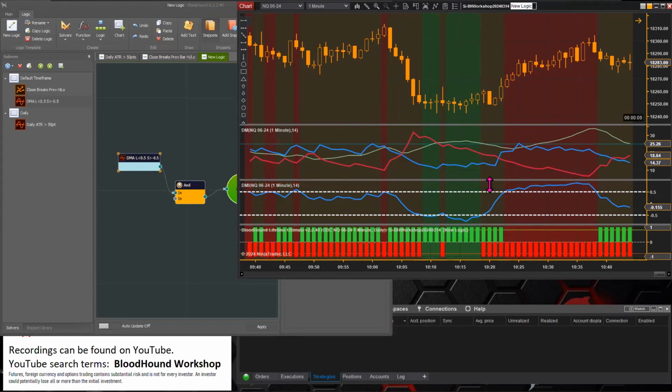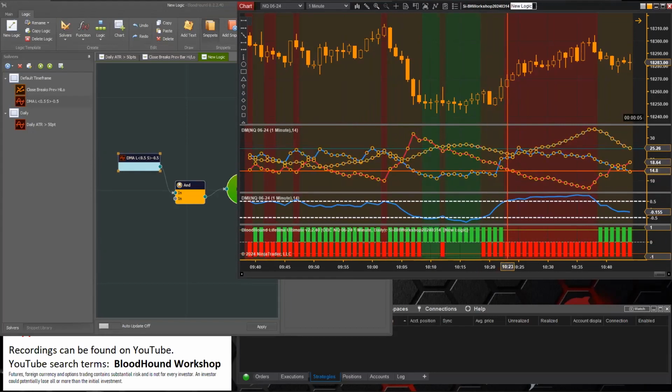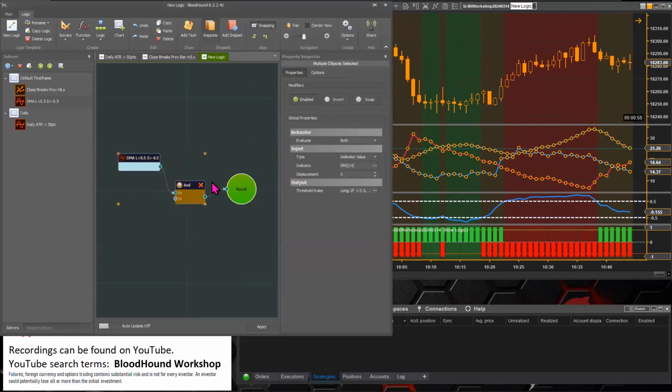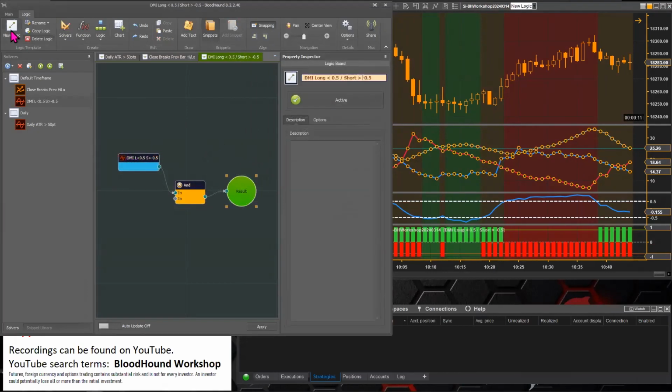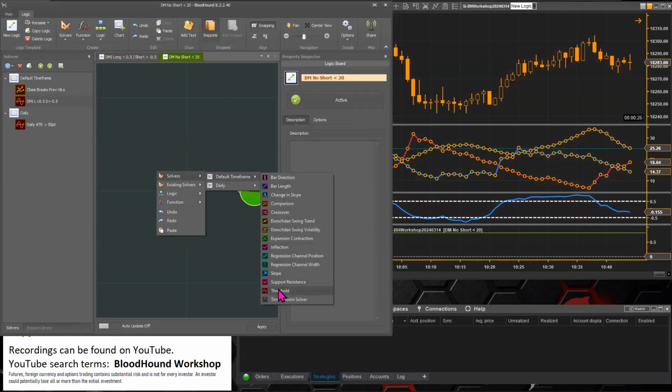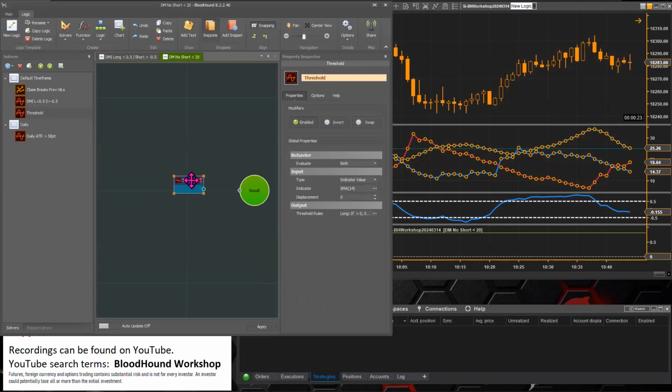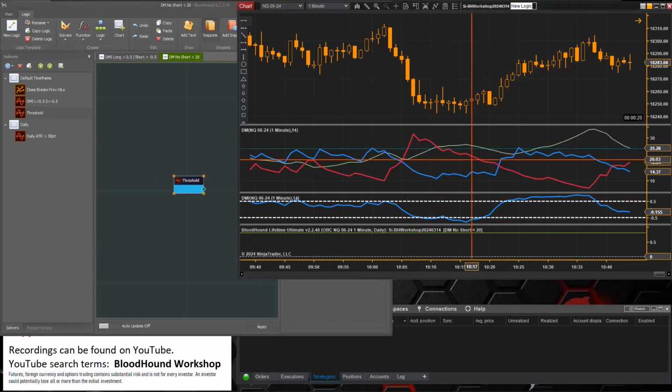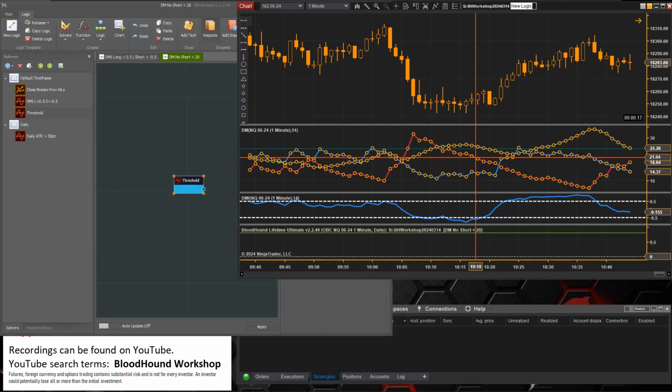All right, so now let's switch over to the DM indicator, which is what I think Shoshana actually wanted. Let's make a new logic template. There we go. All right, so again, we're going to add another threshold solver to identify when the negative DI is below 20, and let's say the positive DI is,